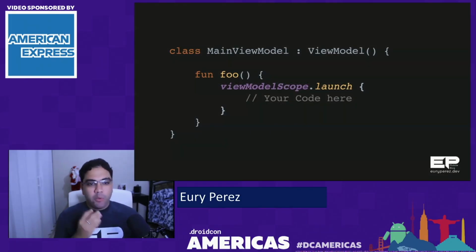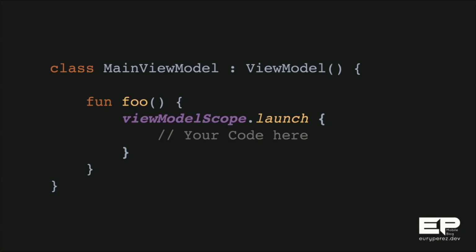For example, we have a view model, right? For view models, we have viewModelScope, which is an extension that already provides a built coroutine scope that we can use. You only need to install all your dependencies. You can just Google how to install all the dependencies for Android to work with Kotlin Coroutines, and you will be able to use this extension, right? Then just call any coroutine builder you want. In this case, you are using the launch coroutine builder, and inside of those curly braces, this is our new